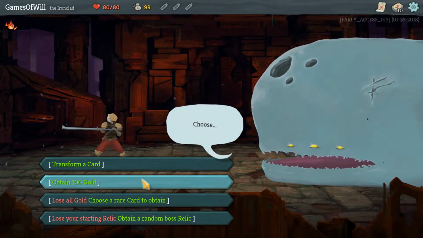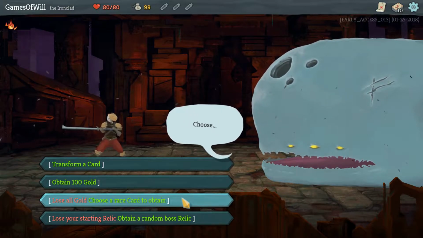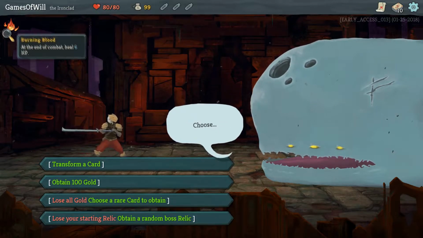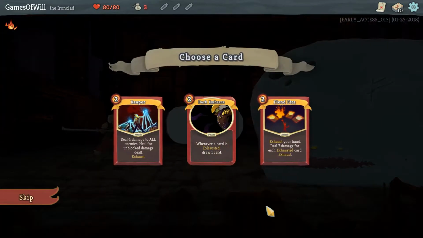Transform a card, obtain 100 gold. Lose all gold and choose a rare card to obtain. That actually seems really powerful because it's only 99 gold we start with. And then lose your starting relic but obtain a random boss relic. I think this Burning Blood relic is quite good, so I'm going to lose all gold and pick a rare